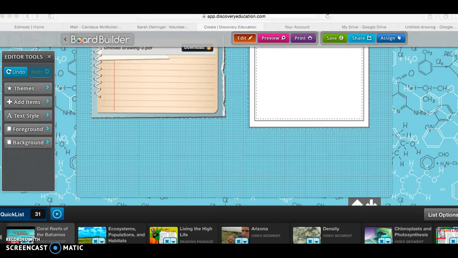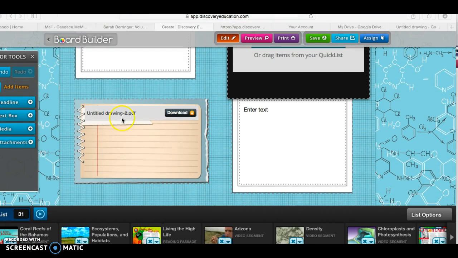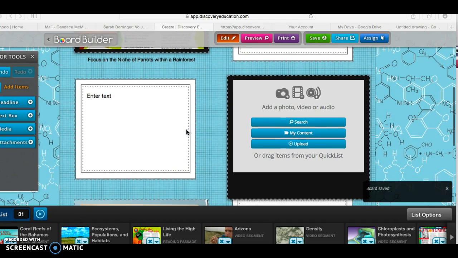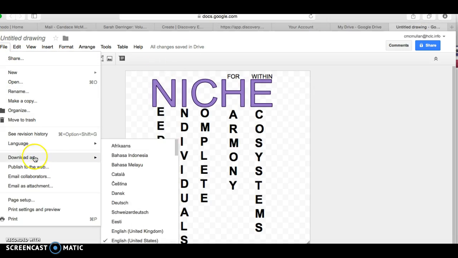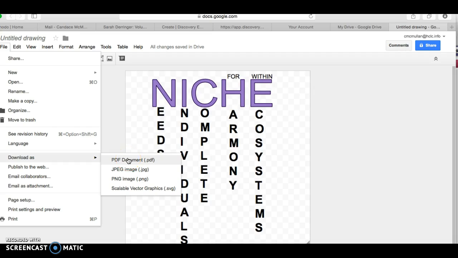there are other options. Now, the reason there are other options is because I don't know about you, but I don't like this. I have to now download my image. It's not right there on my board. So let me show you the other option. If I had come to my untitled drawing, and I could even give it a title at this point, and I had said download as a JPEG or an image, now I have that drawing also saved as an image,